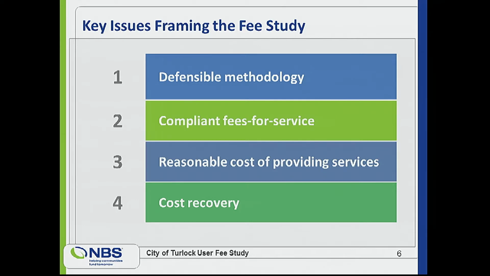Then you want to make sure you have compliant fees for service. We want to make sure in that previous slide that the propositions that you saw in the government code, that the fees that you are moving forward with or ultimately decide to move forward with are compliant. You want to make sure that it is a reasonable cost providing service. What that kind of means is you want to make sure that the methodology that's followed, the data that is collected, is appropriate and accurate enough to make sure that the cost for providing services calculated is reasonable and falls within that estimated reasonable cost.